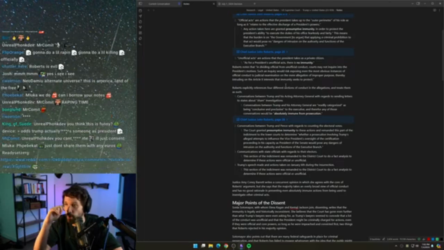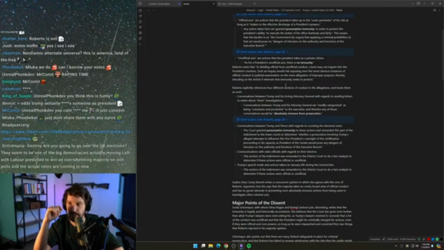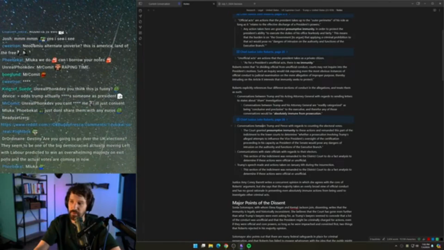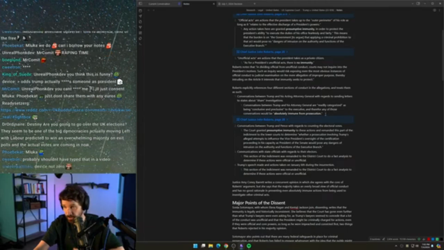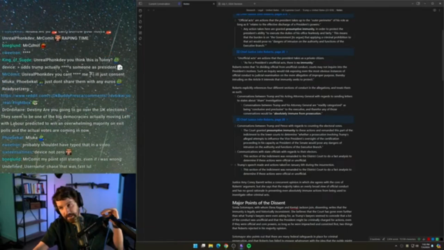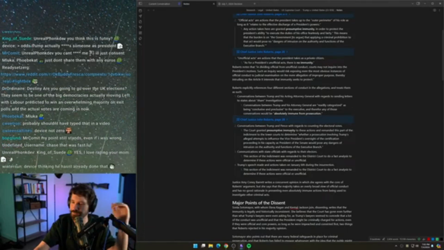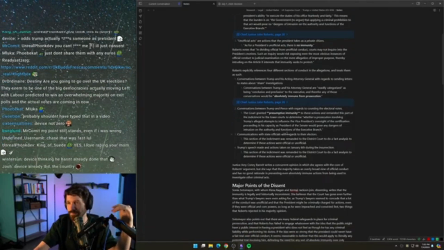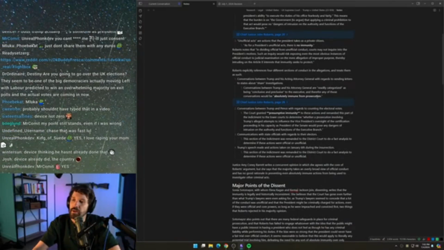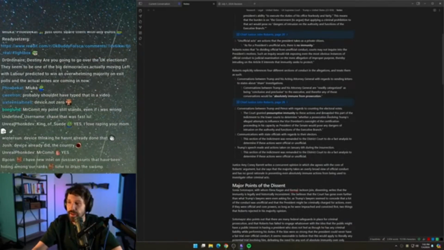The quote from Roberts would be readily categorized so easily, that is an absolutely immune thing. That means that not only is anything that he said in that conversation completely not criminally indictable, it cannot be used as evidence in the furtherance of any other crimes. Kind of wild, but the conversations between Trump and Pence,